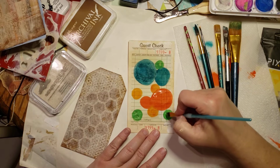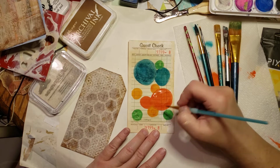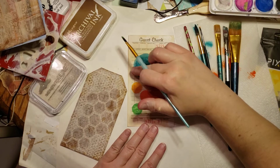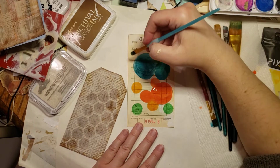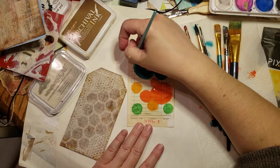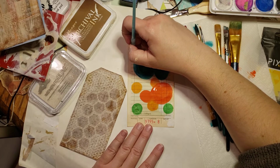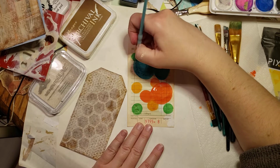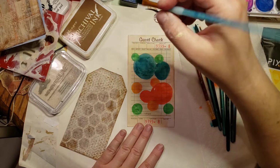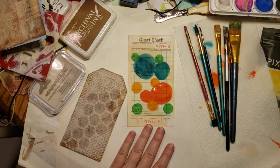Alright, so just kind of doing a base right now, and I'm thinking I'll doodle on this later. This is fairly dry yet because I want to do some overlap. Because that's probably going to bug me that one is not. Okay, now it's going to look like ears, isn't it? Let's add some more colors. Let's add some,